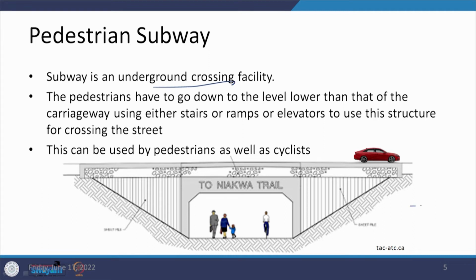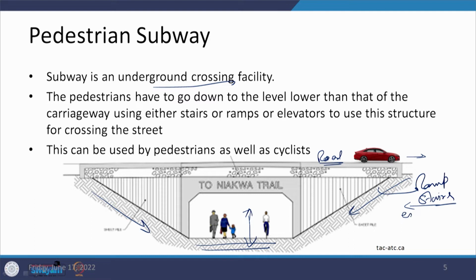Now, pedestrian subway is nothing but an underground crossing facility, as you can see here. So, there is a road level at which the vehicles are moving, and then you have to go down in this form, and there is a facility being provided here through which the people can cross the carriageway. This facility at the lower level can be reached either by ramp or by stairs, or it can be escalators or